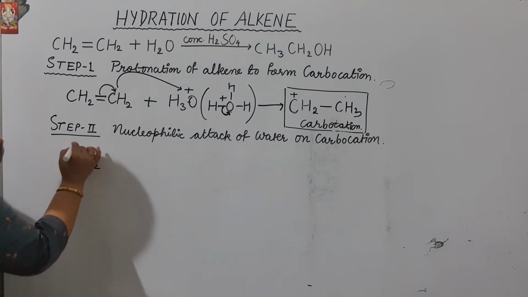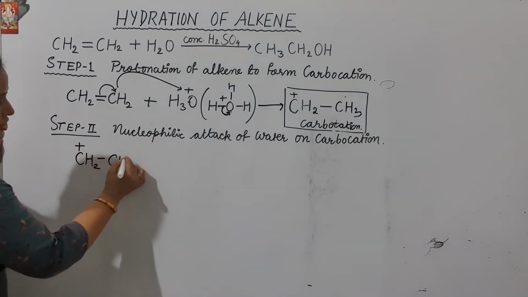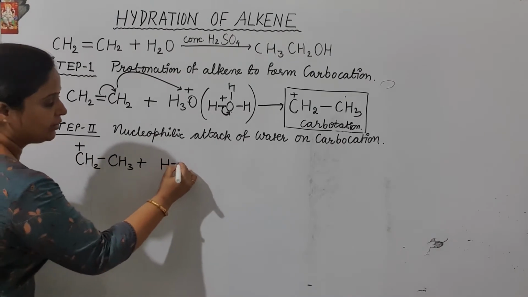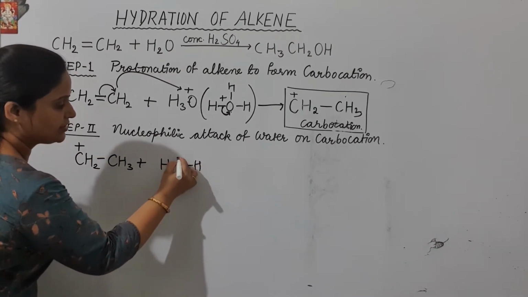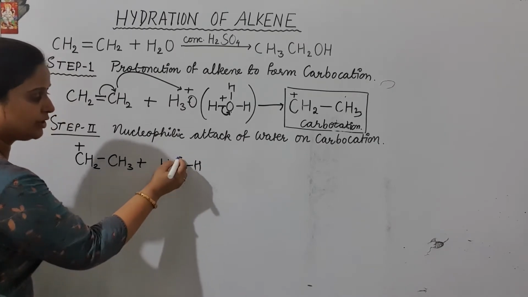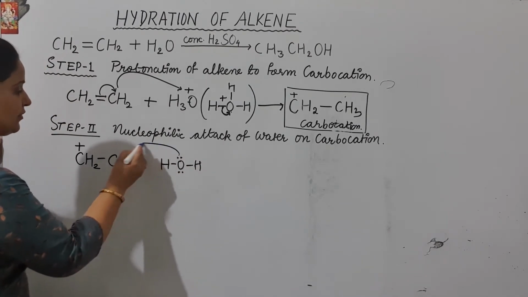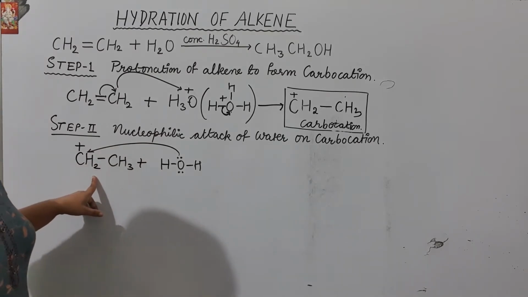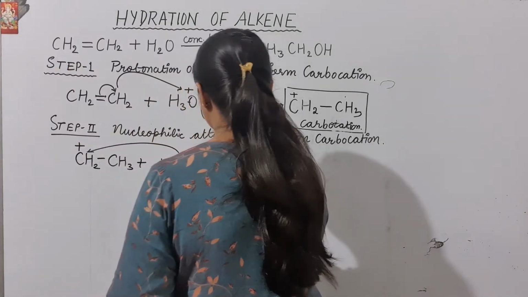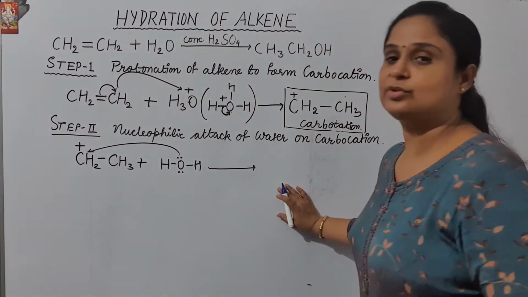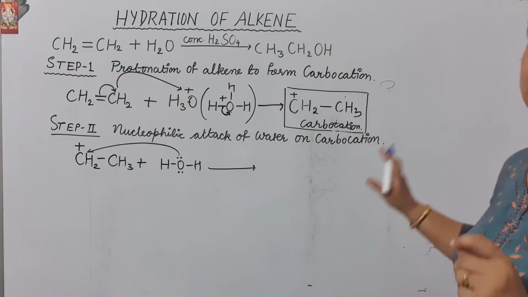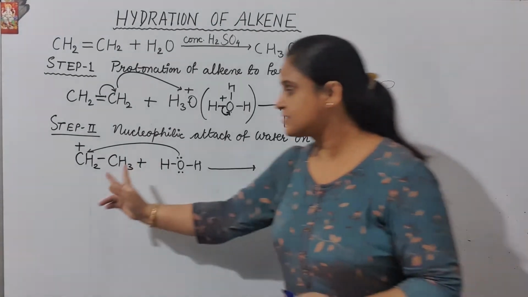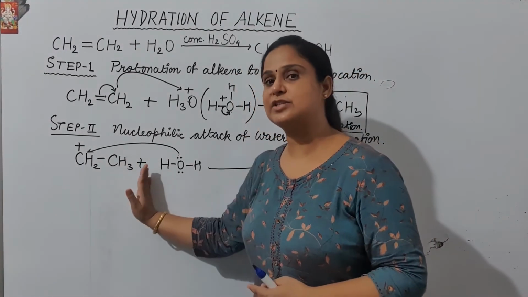CH2 having one charge, CH3, that is carbocation, is going to be attacked by water. So can you see there, this water is having lone pair of electron. So the shifting of lone pair of electron towards the CH2, towards the carbocation. So this attack will take place and this will give you the formation of protonated alcohol. So let's see what happens. I am just flipping this molecule so that I can attach this water to it.